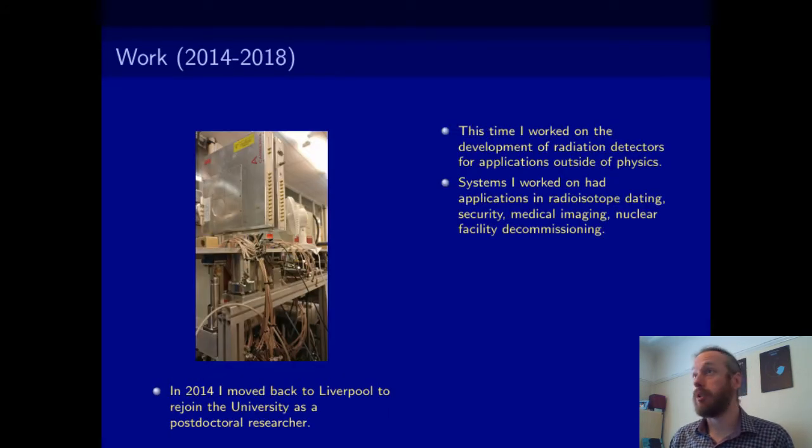So following my time at TRIUMF, I then moved back to the University of Liverpool, this time as a postdoctoral researcher, and I worked on the development of radiation detectors. But this time, rather than fundamental nuclear physics, I was working more on applied nuclear physics. So systems I worked on had applications in radioisotope dating, in security, so checking for radioactive material being moved around where it shouldn't be, medical imaging, and